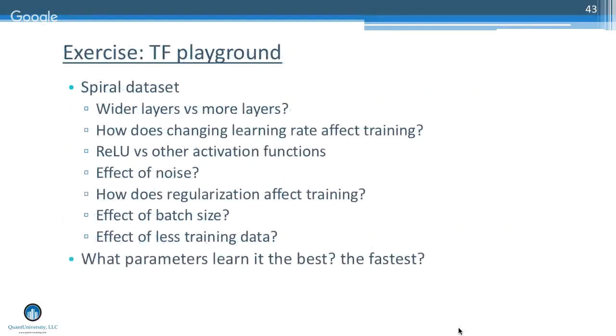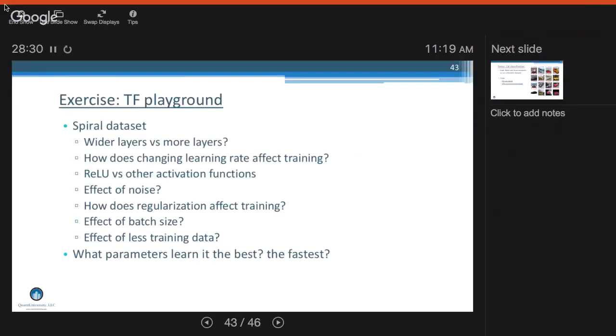Okay, so that was a lot of talking and examples. Let's actually try this out. So we're going to go back to our TensorFlow playground. And we're going to try to see, okay, how does this actually all work in practice? Well, in practice, in the toy example.